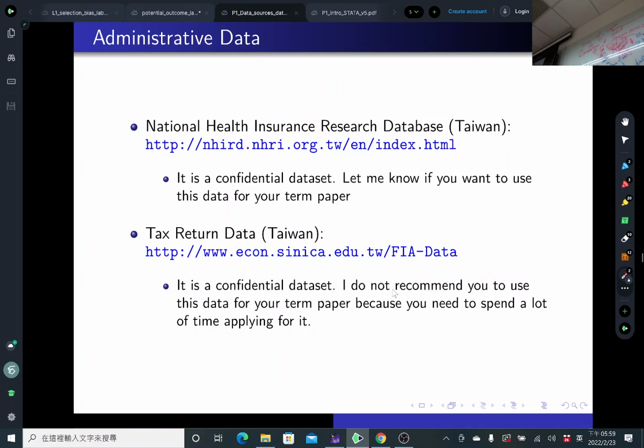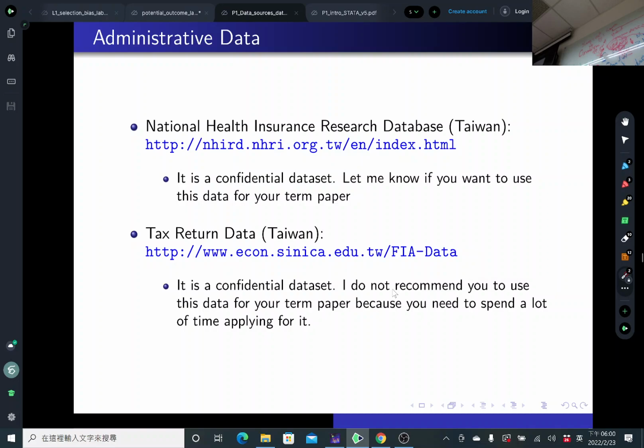So I don't recommend you use this to write a term paper. Because in Taiwan everyone has NHI, you couldn't really place that as kind of the origin of the treatment, because there is no control. Because we all have to have NHI. Oh yeah, you raise a good point. That's the thing we will emphasize a lot throughout the semester: try to find a good control group, someone who does not get the treatment. Yeah, you are right. Everyone is covered by the NHI, so you cannot really examine the effect of having health insurance